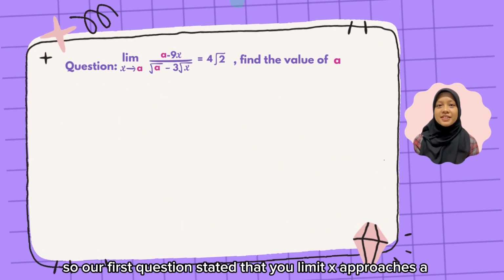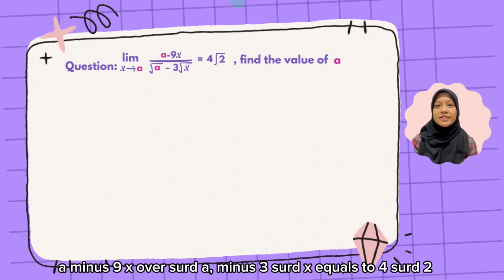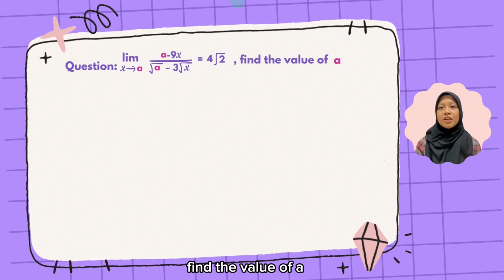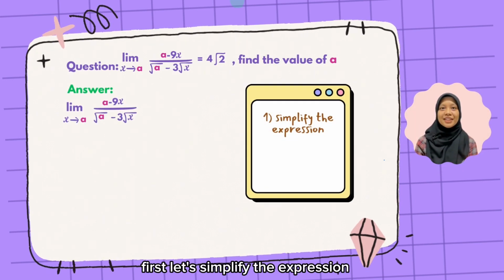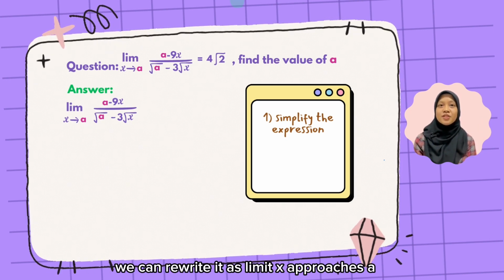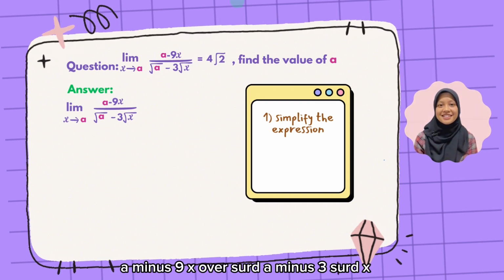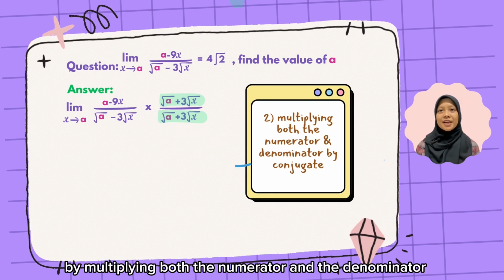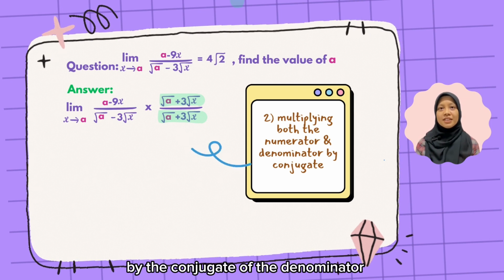So, our first question states: limit as x approaches a of (a - 9x) over (√a - 3√x) equals 4√2. Find the value of a. First, let's simplify the expression inside the limit. We can rewrite it as the limit as x approaches a of (a - 9x) over (√a - 3√x). Next, let's rationalize the denominator by multiplying both the numerator and the denominator by the conjugate of the denominator,